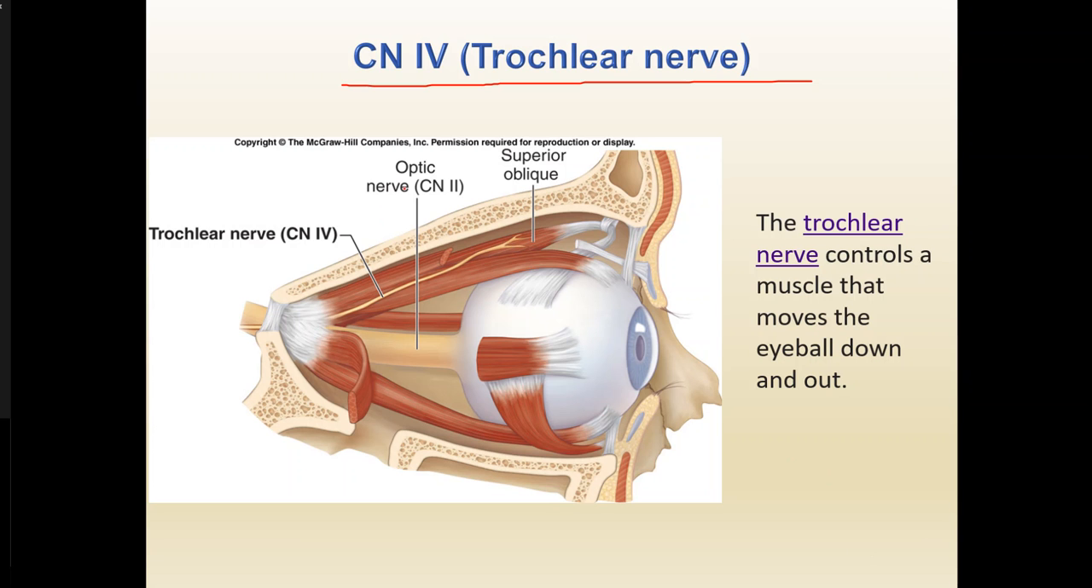And so this will be your CN2 shown over here. Okay, see how this is very thick fiber. And this is your CN4 over here, okay? And so it innervates different muscle,